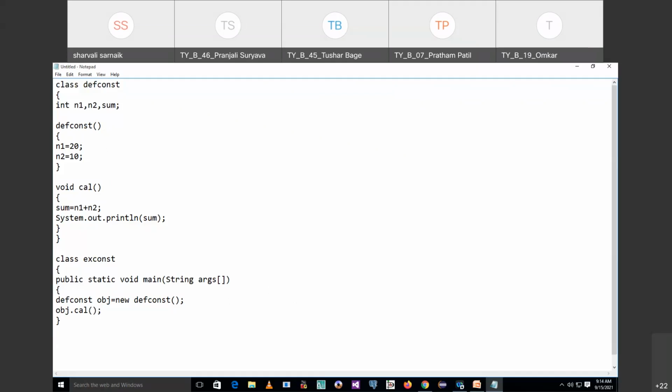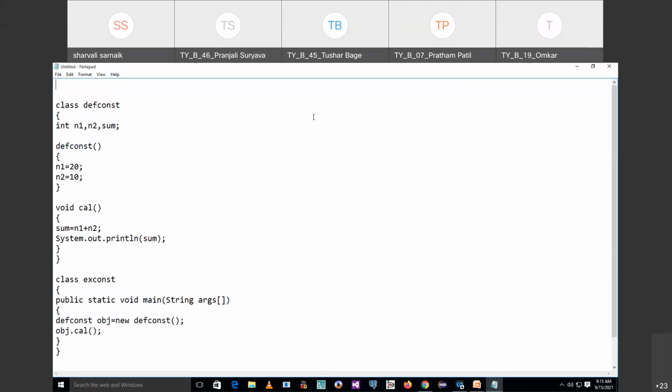So this is the simple program of default constructor. Default constructor means the function does not have any parameters. See, inside this we don't have any parameters. So if we don't have any parameters, we call it a default constructor. So this is the example of default